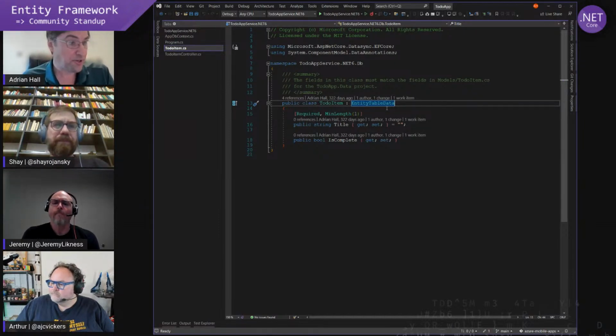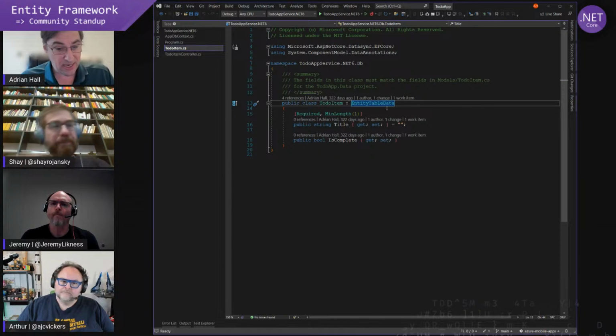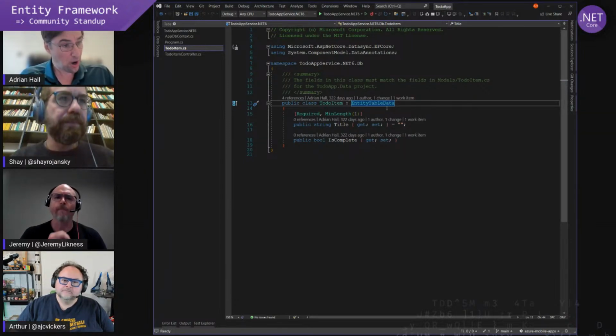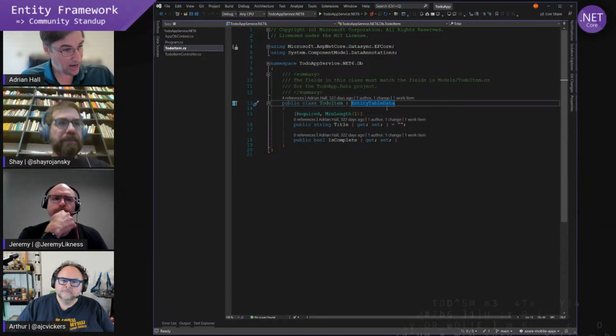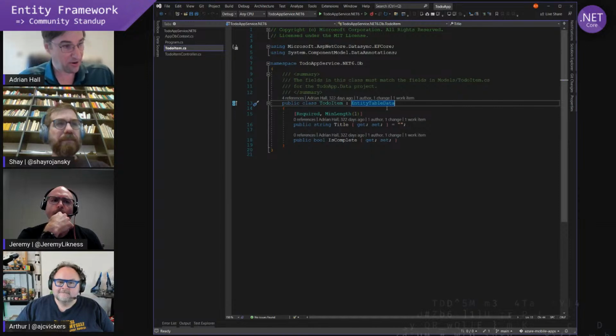The 4th field is to support soft delete, which I'll talk about in a minute, but soft delete is just a Boolean to say, is this actually deleted or not? So those are the 4 fields. Now, soft delete is if you consider 2 offline clients and one client deletes a record, how does the other client know that record has been deleted?